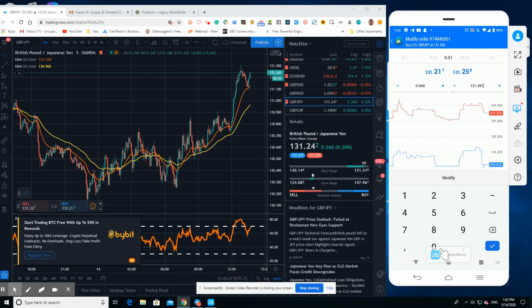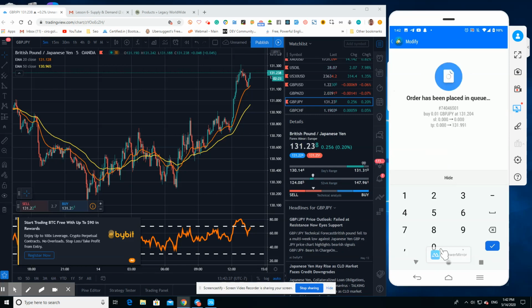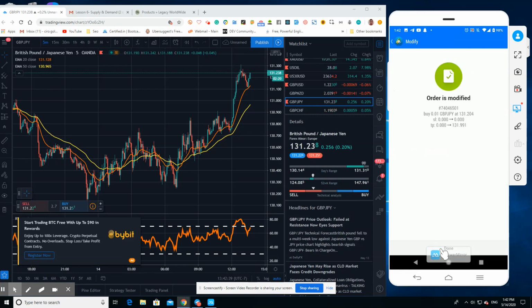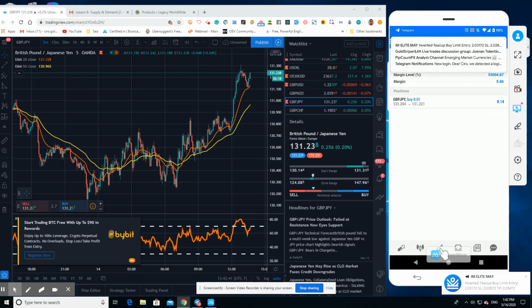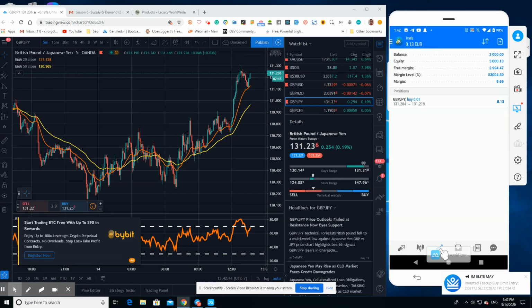131.991. So when the market gets to that point on the graph, it's going to pull you out of the trade when it gets to that profit. If we press modify, you can see that it's been entered into the system. So if we go back to the graph now, which is right here,